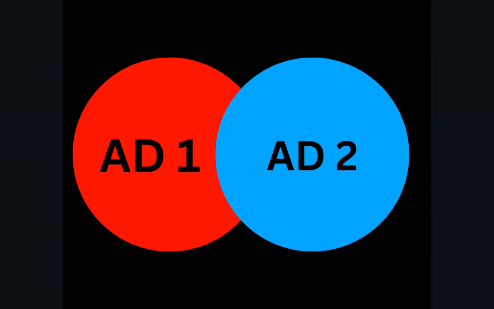But instead of competing with other advertisers' ads, those ads are going to compete with themselves. So here you have your ad one and ad two, and there's an overlap. This part where they meet, that's the overlap, and they're competing with themselves. Facebook will look at the two ads and say, okay, which one is doing best? Then Facebook will allocate most of the money to that one, and restrict the other ad that's not doing so well. This will happen continuously throughout the day, and with time, what you will notice is both ads will eventually